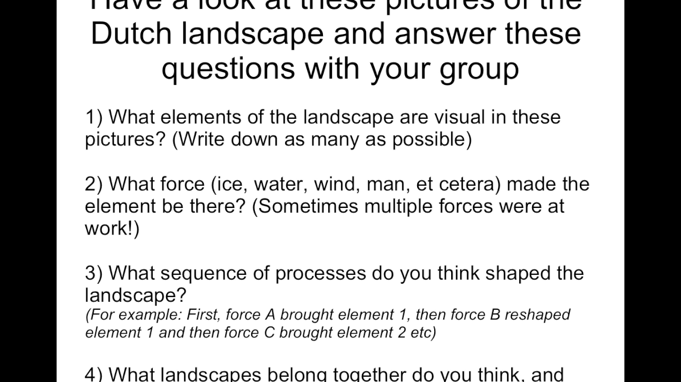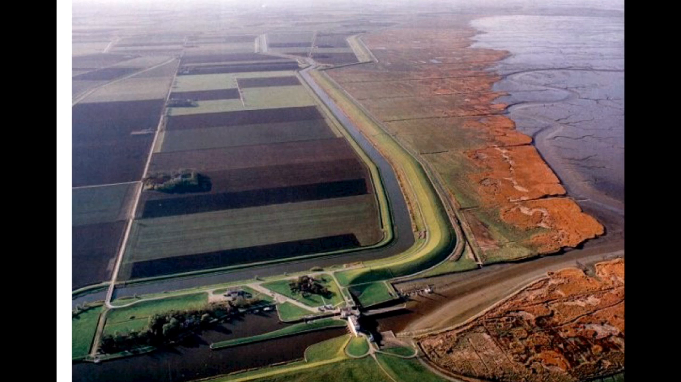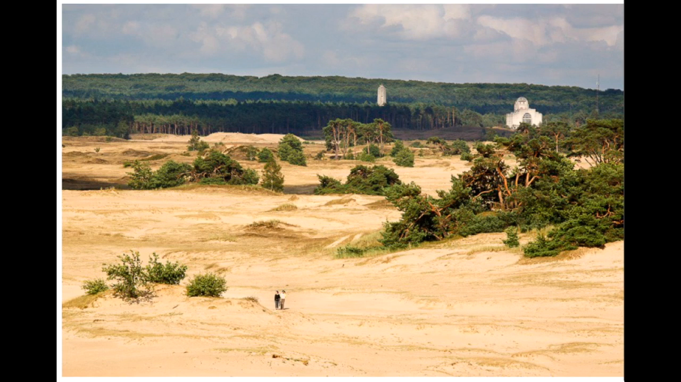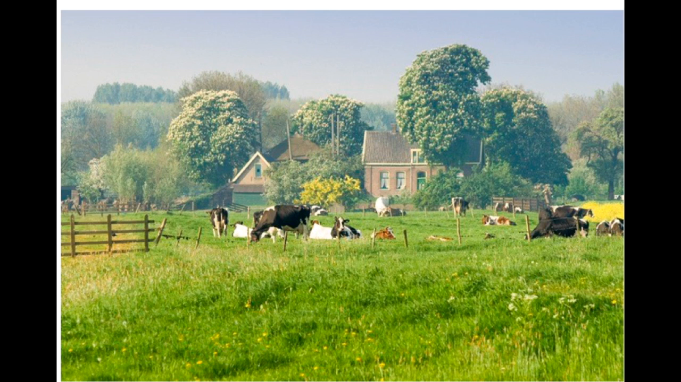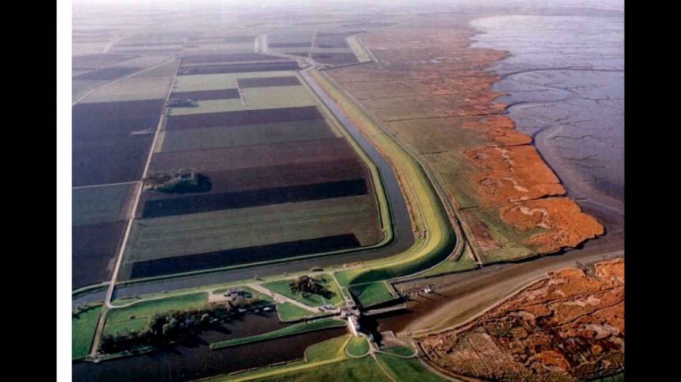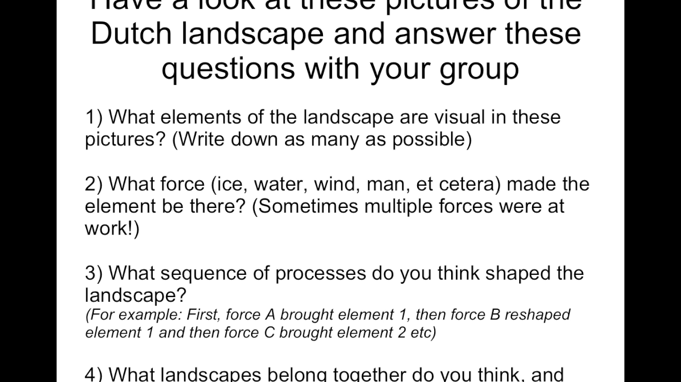What elements of the landscape are visual in these pictures? Okay, so I've given one group this landscape, and this landscape went to another group, and then this landscape came straight out of a book from Mr. Berendsen, and then this one is a Dutch landscape somewhere, and then this is also a Dutch landscape, a little closer to home maybe for most of us, and then this landscape. So a lot of different landscapes, and I've asked you to sort of summarize the elements that are visual in